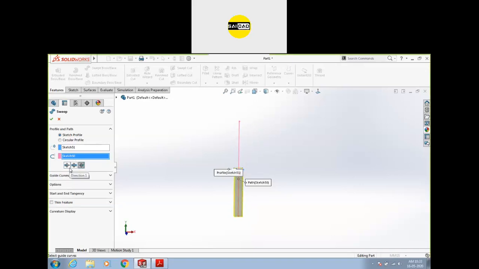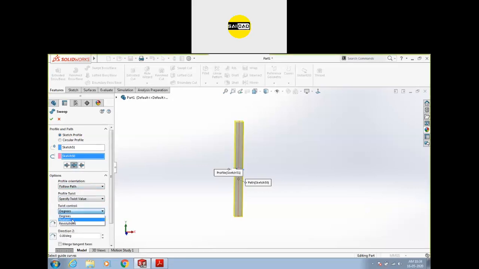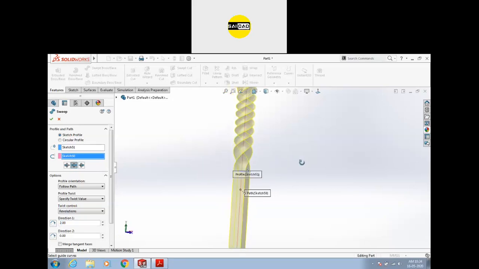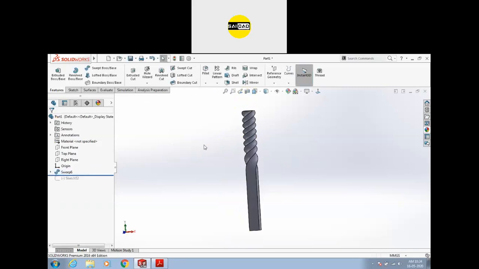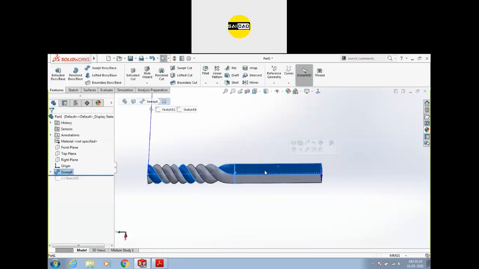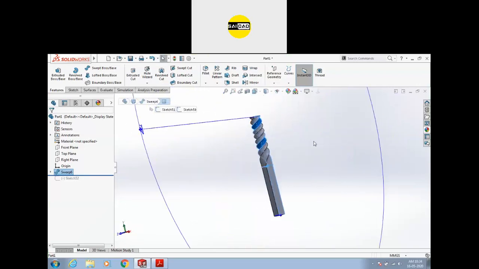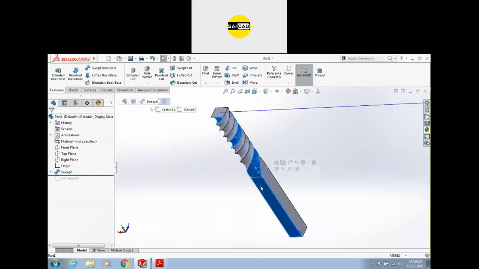It depends on you. Suppose I want a bidirectional option, okay, and in the feature I want some twist here, the revolution, and I want the revolution in the first direction to be 2, okay, and in the second direction I don't want any revolution, so you can create it like this also. This is a single feature and the face is also a single, okay, so you can see the twist up to and with this feature.